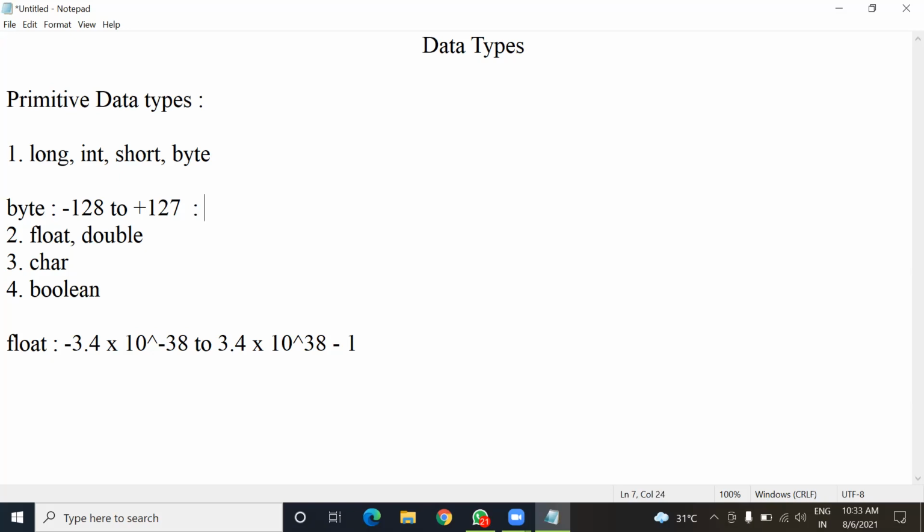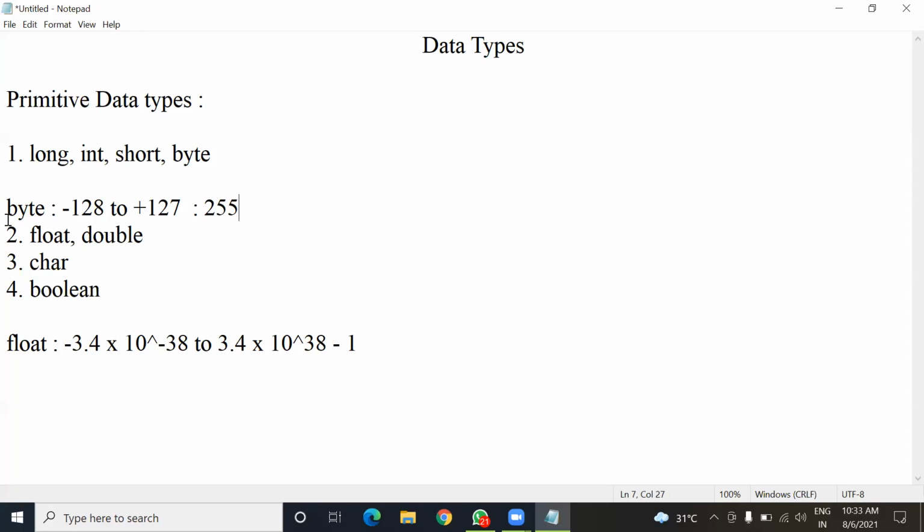If you count the total numbers within this range, what will that number be? 256, or 255? It will be 255.